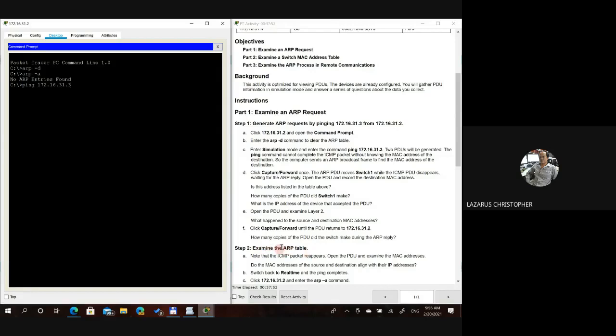So I want you guys later to examine the ARP table again, because now there's no entries. Later, if it's successful, see whether there is an entry or not. This is the fact that the ARP will be dynamically updating the ARP table for you. Okay? Right, so